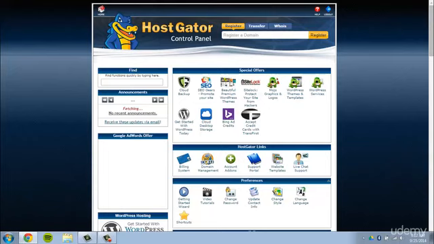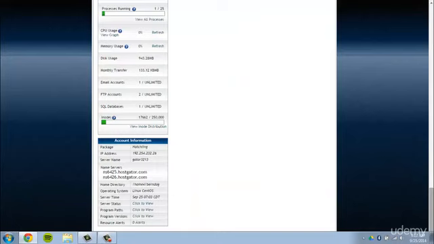So after you've installed WordPress.org onto your host website, HostGator, you have to scroll down and point your domain name to these name servers. You can find them under the account information column. So you go back to GoDaddy, copy and paste the name servers